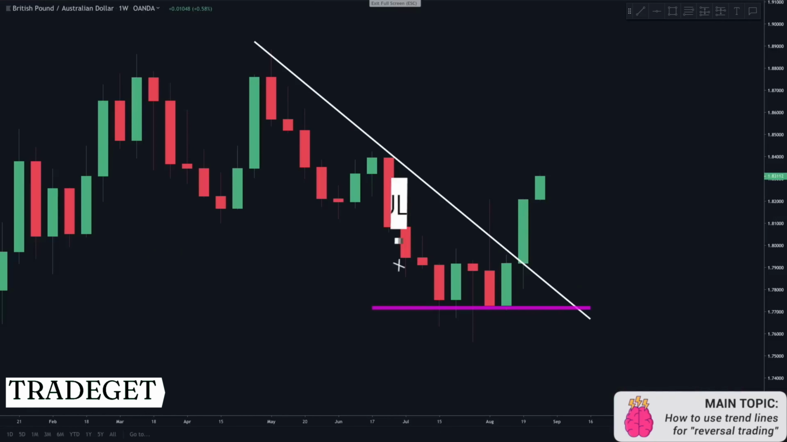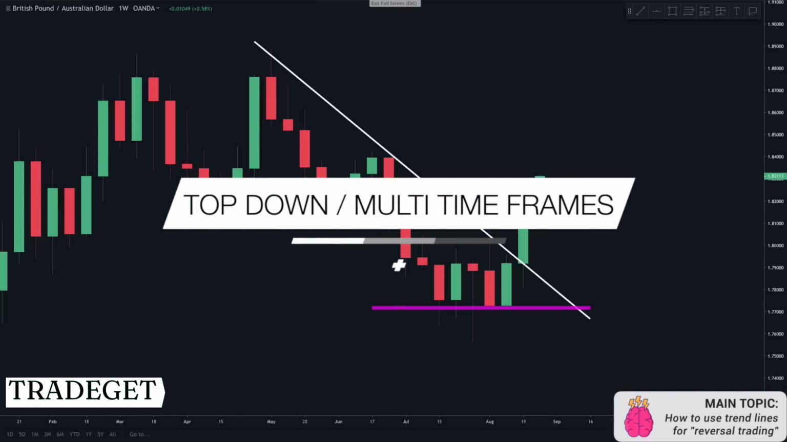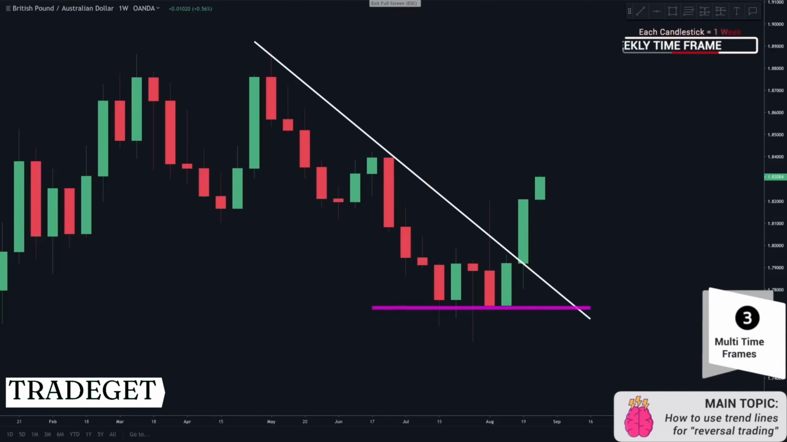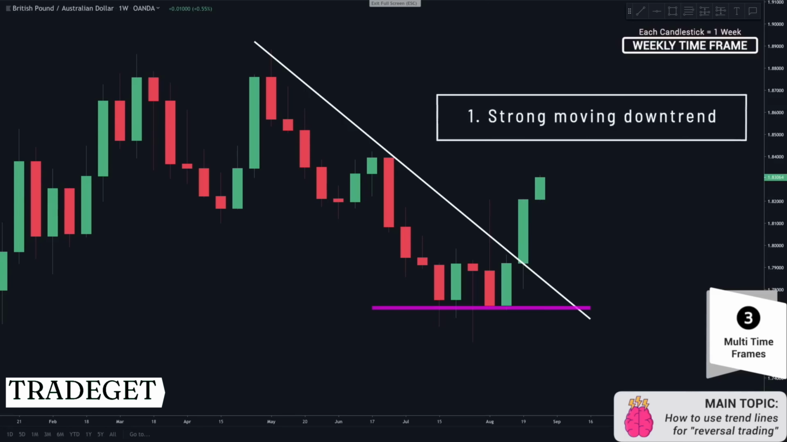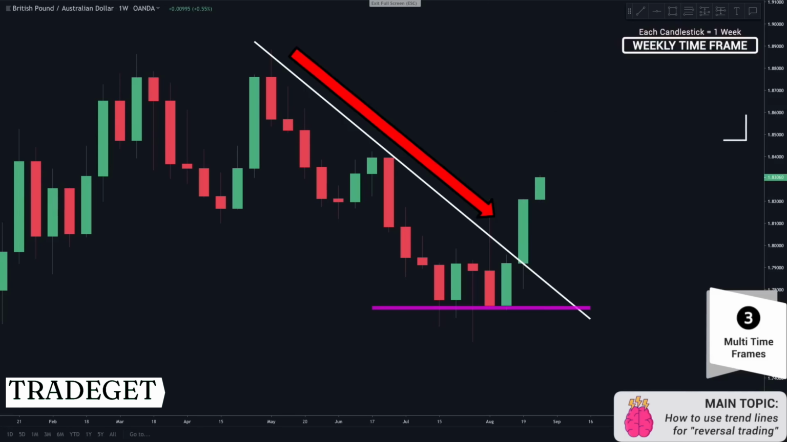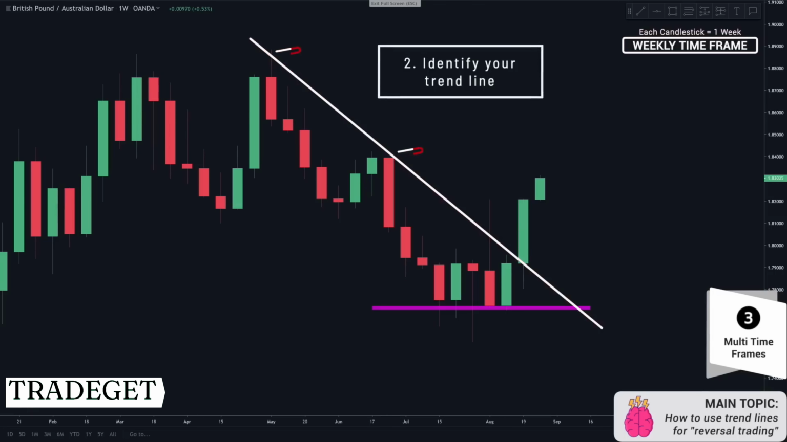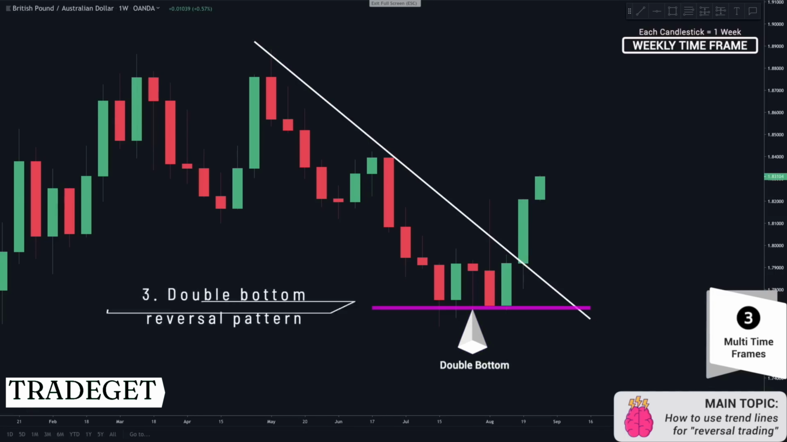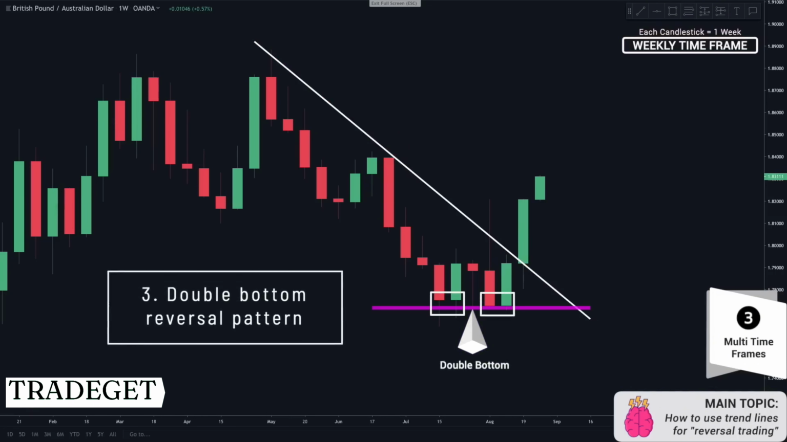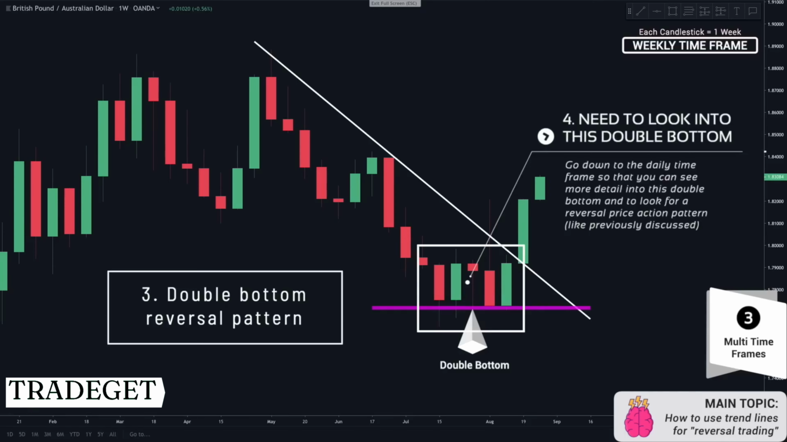So let's take this one step further and add in multi-timeframe analysis to this concept. So here on the weekly timeframe, what you would have first identified is that this was a moving downtrend. You then identified your trend line through these 2 points here. You would have then identified this double bottom through these 2 points here. So what you do is you want to jump down a time frame to the daily so that you can see more detail into the price action that is occurring within this double bottom